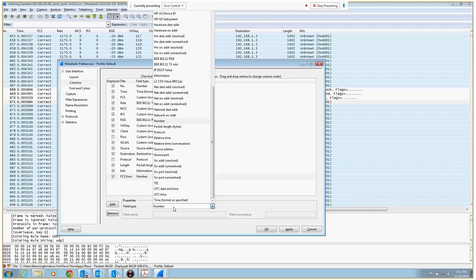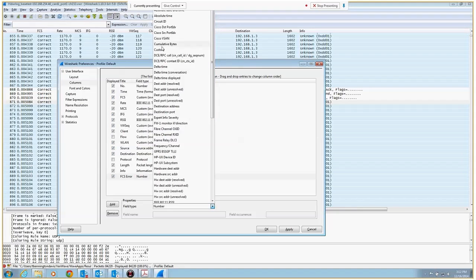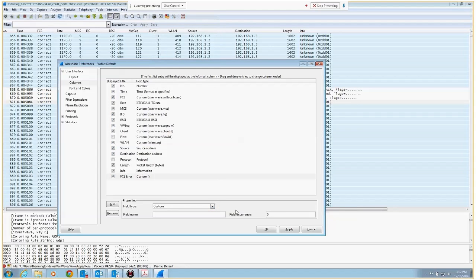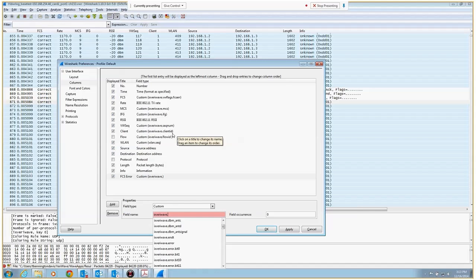Now, most of these are custom, so you're going to select custom, and then if you type ixVariWave dot, you begin to see all the different extensions that are available to you: antenna signal, etc. But there's ixVariWave things like sequence number, ixVariWave client ID, ixVariWave flow ID,